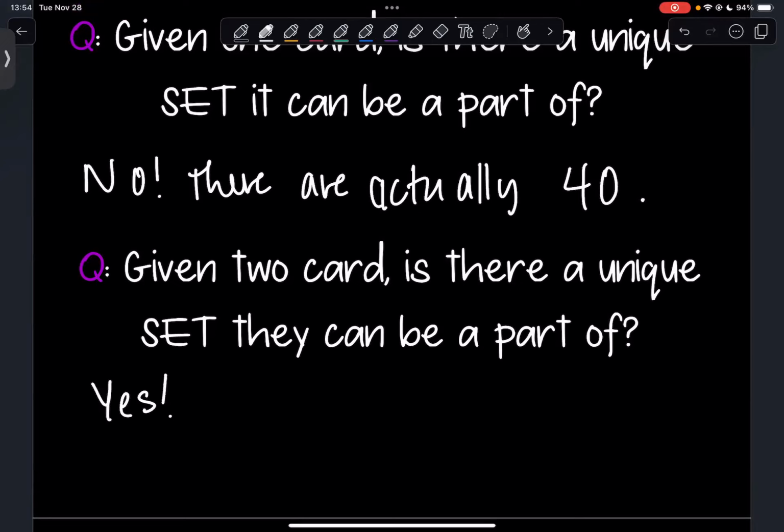So if you look at the individual characteristics, so if I work with, let's say, color between the two cards, they're either going to be the same or they're going to be different. And that'll determine what the third one has to be, because all three either have to be all same or all different. So if both numbers were 1, then my third card had to have one shape in there.